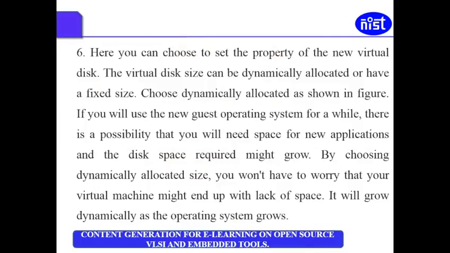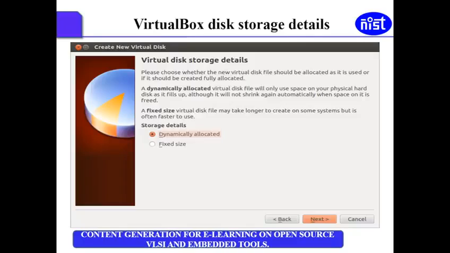Here you can choose to set the proper new virtual disk. The virtual disk size can be dynamically allocated or have a fixed size. You better have a dynamically allocated choice, as shown in the figure, because at times you might have to extend the space.